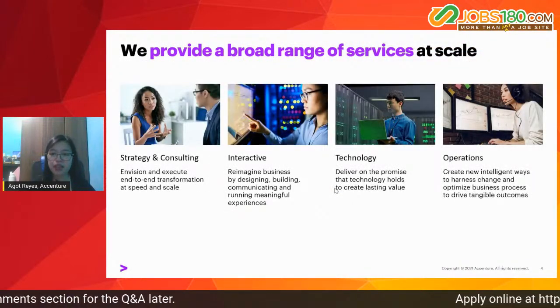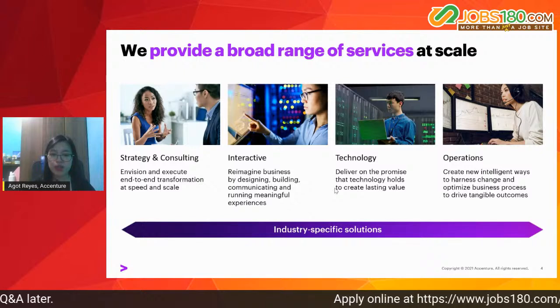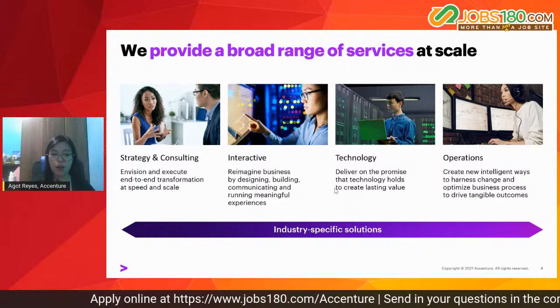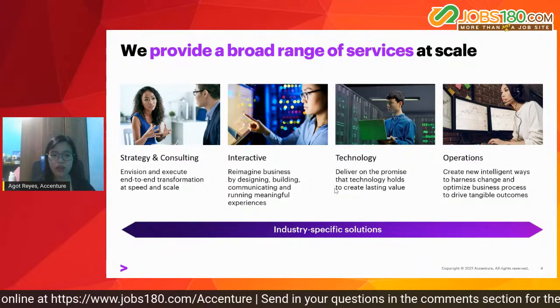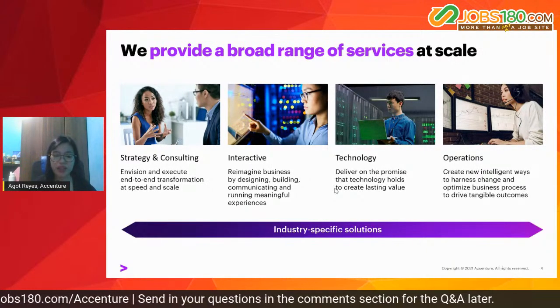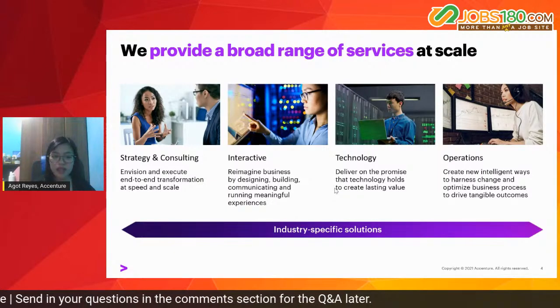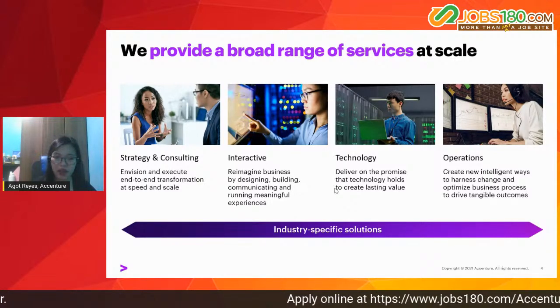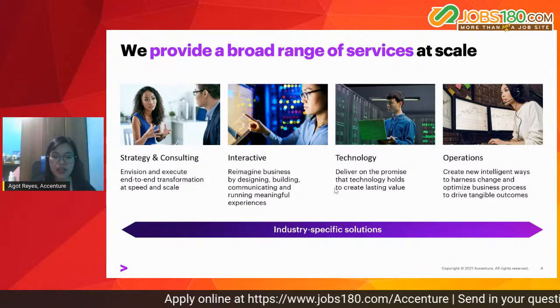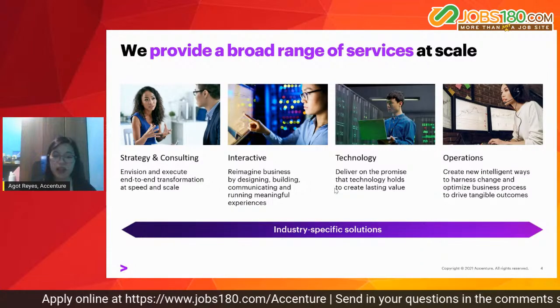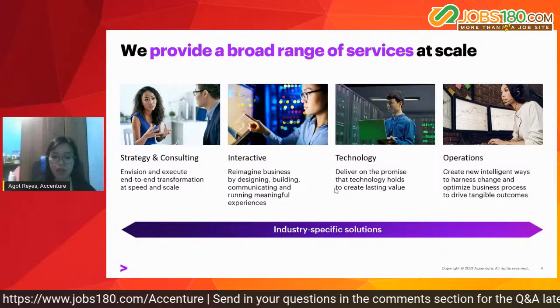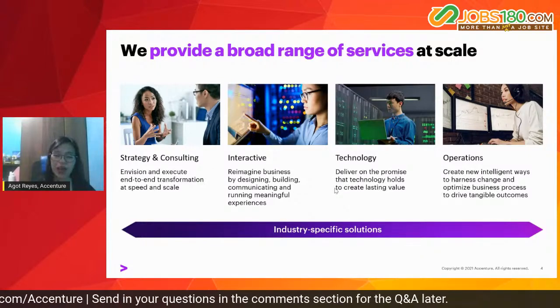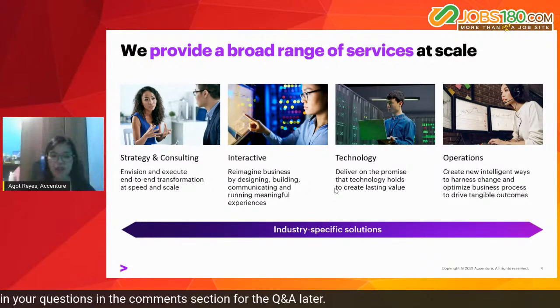We provide a broad range of services at scale. If you notice here on the screen, we currently have four. We have strategy and consulting, that's the first tower. And right now, we have more than 5,000 people working for strategy and consulting. It's not as big as technology and operations, but right now we are growing our S&C tower. We call that a tower, or department or area of focus. And right now for S&C, we are currently expanding in Kuala Lumpur and in Manila. If you know anyone who might be interested, we're actively hiring for strategy and